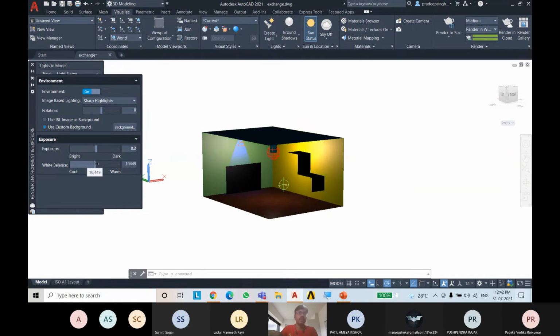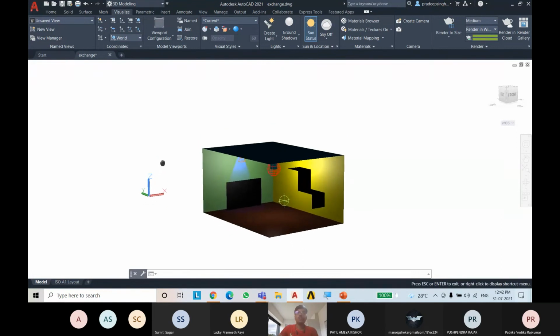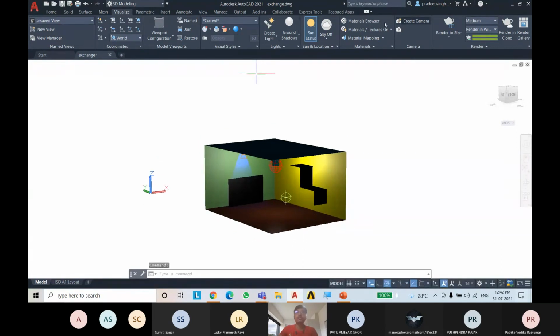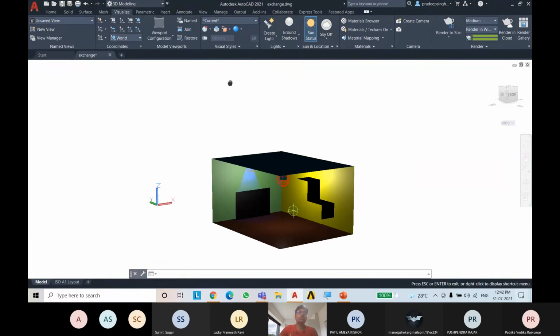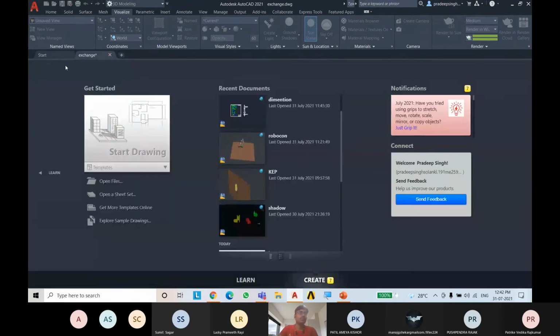If we use this white blankness here, it will increase the effect. You can see that there are red and yellow and green shiny. Now, if we put it backward, you can see that the green has been on. You can change and adjust according to your needs. So now you have seen these rendering effects, lighting effects. Now I will show you the ground shadows and ground effects in some other things.